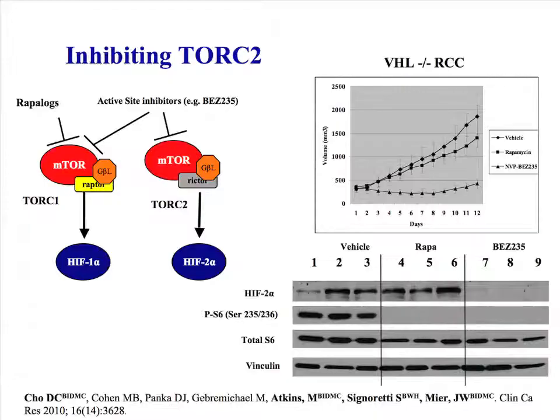So as it turns out, the rapalogs, everolimus and temsirolimus, that inhibit TOR usually just inhibit TORC1, and as a consequence only inhibit HIF-1 alpha. If you want to inhibit HIF-2 alpha, you need to have active site inhibitors that inhibit not only TORC1 but TORC2, and there are a number of those molecules that are currently being investigated. One is BEZ235, a molecule from Novartis,